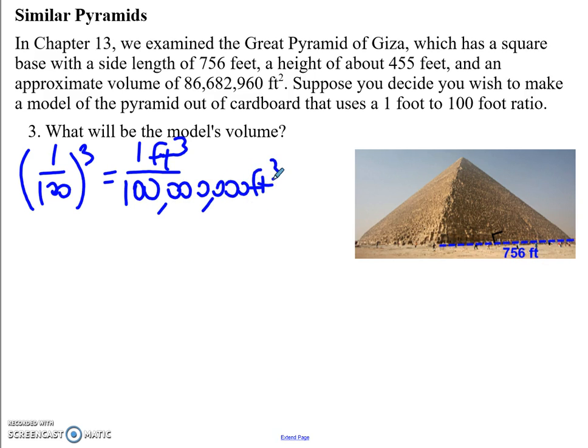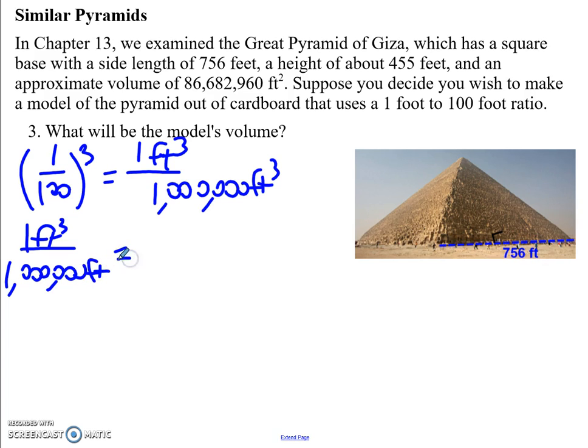So I'm looking at 1 cubic foot to every, oops, just saw got a little too many zeros here. 1 million